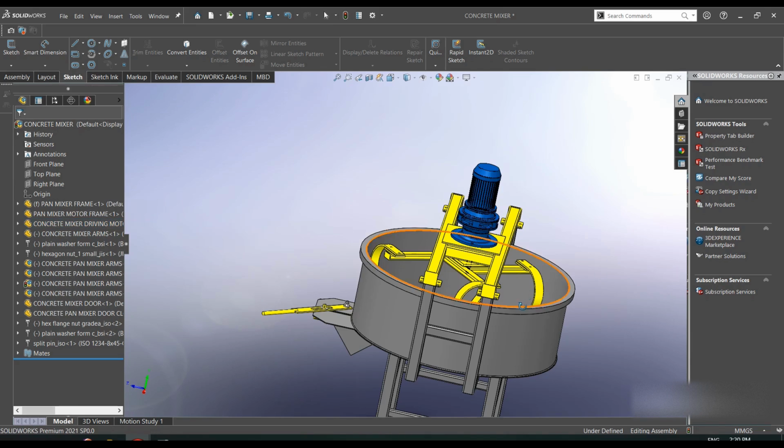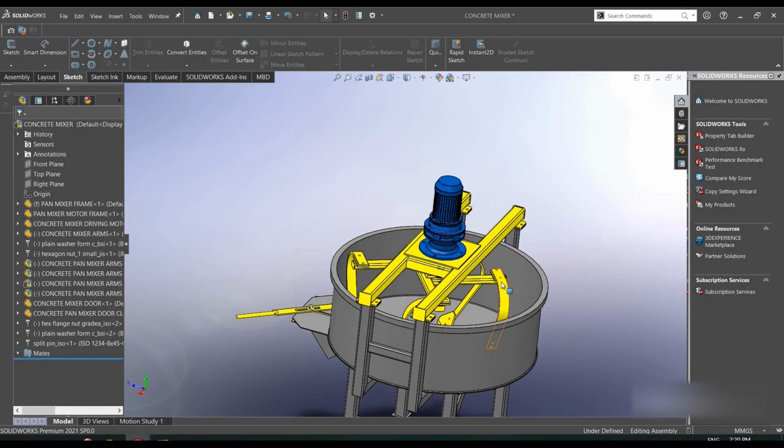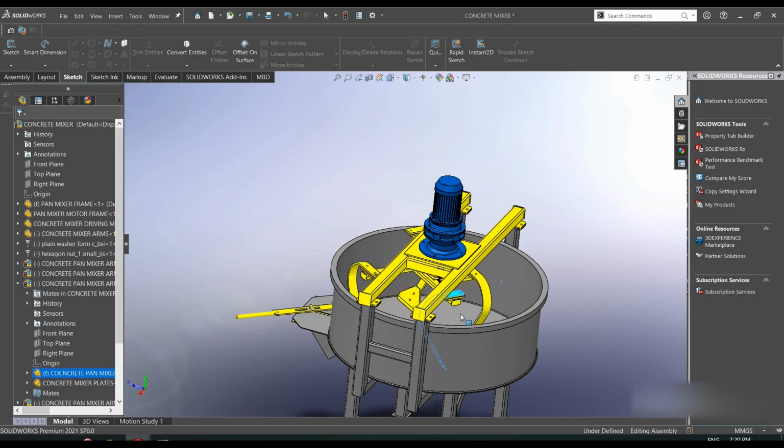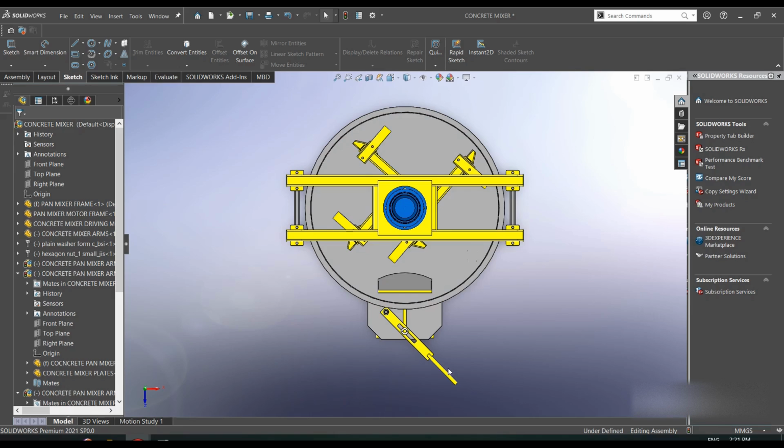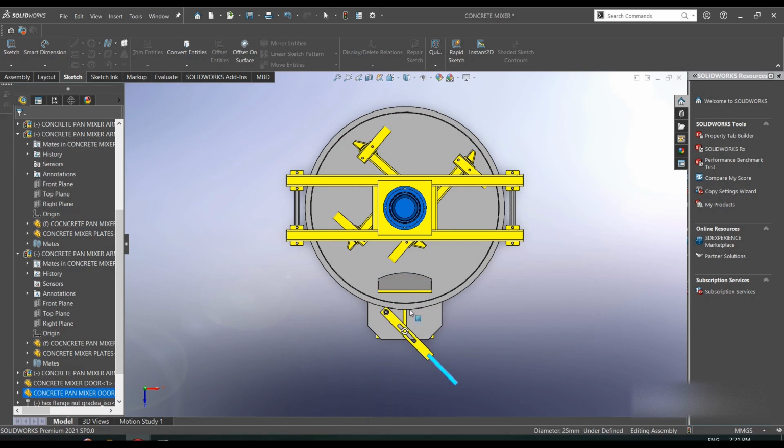The pan mixer just simply rotates and mixes. You pour in the materials, the sand, aggregates, the cement, maybe additives, maybe some other things you want. Then you turn on the electric motor that rotates and mixes the concrete. When the concrete is well mixed, we shall open the gate. Then it will pour through this,